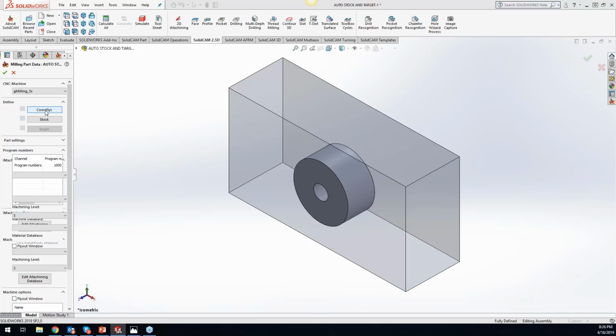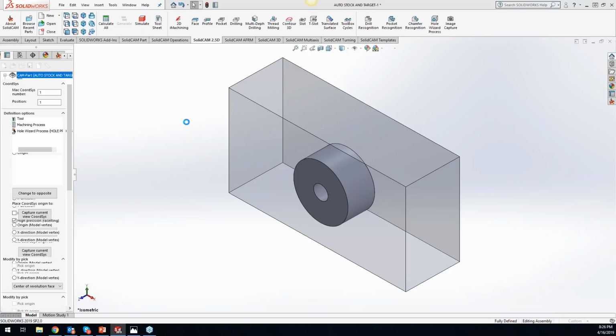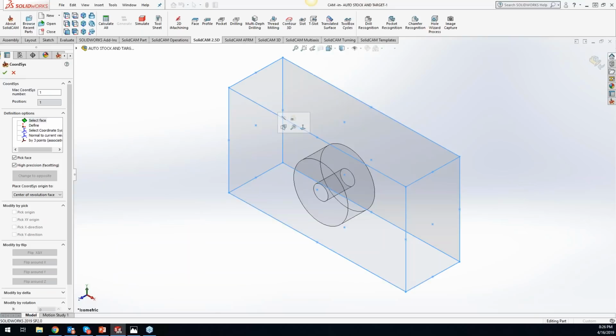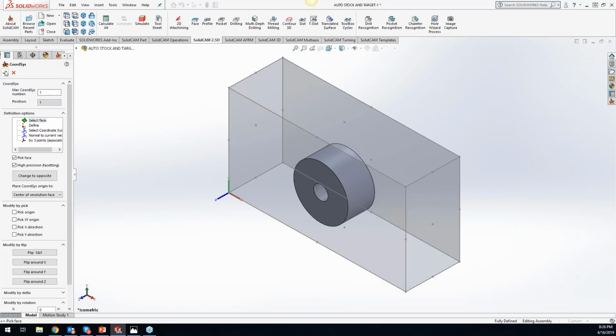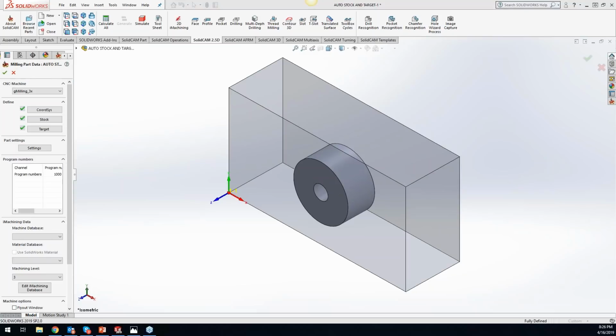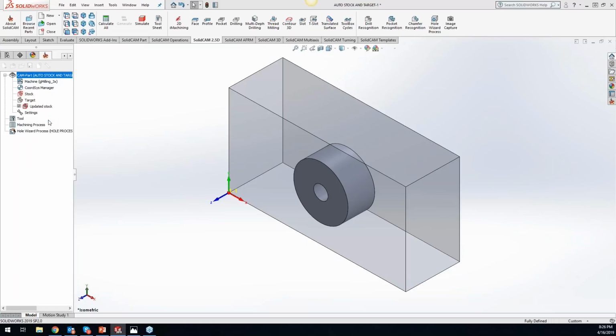And if we go ahead and grab a coordinate system, we'll just click on this face right here for a coordinate system. We'll hit the green check mark out. And now it automatically grabbed my stock and grabbed my target. So if I open this up right here,